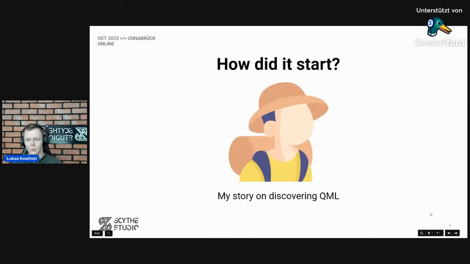Okay, so before we start with the first element, I wanted to share my story on how I discovered QML. When I was in high school, I learned C++. I learned the basic object-oriented programming, and then I asked myself, okay, Lukas, what can you do now? Let's do something real. Let's do something visual. I was googling how to code a GUI application on Windows, and that's how I discovered the Qt framework. Back at that time, I coded one, two, three, I don't remember, apps using Qt, but with C++ only. I will talk about that later.